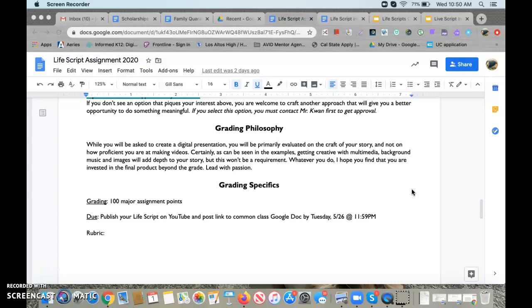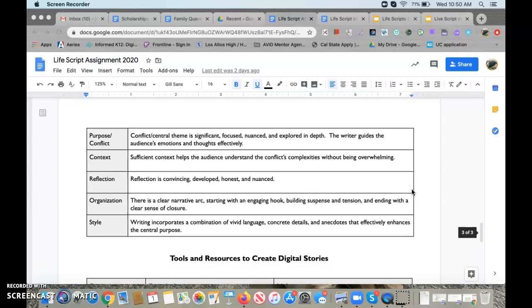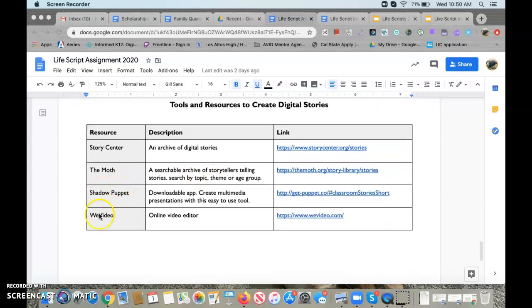And so knowing that, obviously, if you can include multimedia, music, and all the bells and whistles and stuff like that, you are free to do so. But I want to emphasize that is definitely not a requirement. Most of the evaluation and grading will be based on the quality of your story and the purpose and reason behind what you're doing. And so don't worry if you don't have a fancy iMac or whatever it is that can do all the video editing. I did provide some resources for you. These two resources are places that